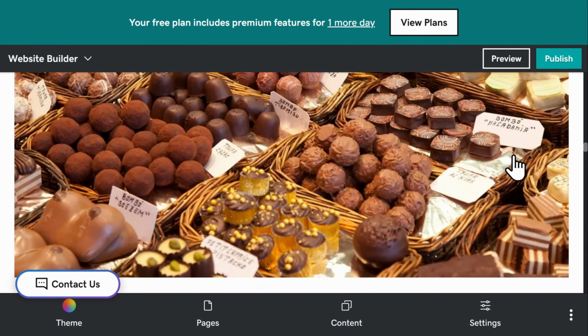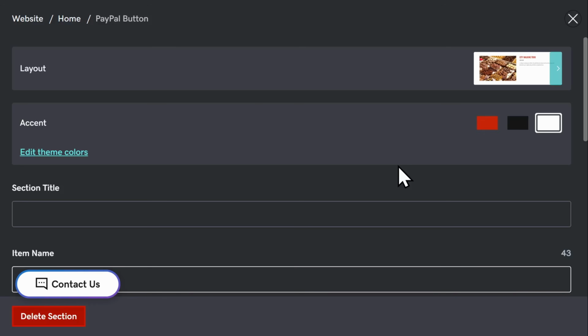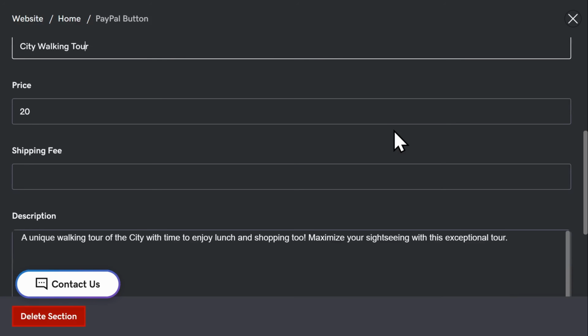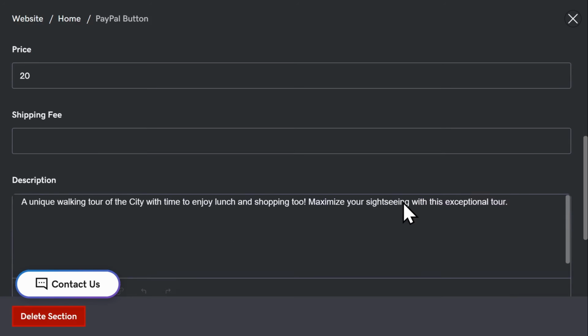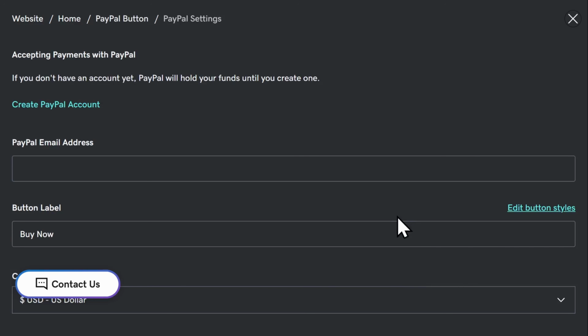Once it arrives, let's go ahead and click in to edit. Similar to how we edited the product list, you could go ahead and name each section title, include the product name, price, if there's an additional shipping fee, and a description and product image. Then click into the PayPal section. Here, you'll need to create a PayPal account and link it to your GoDaddy account. This allows users to purchase the product directly on your website, but it will take them to PayPal in order